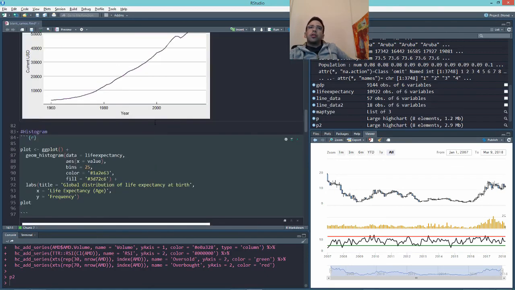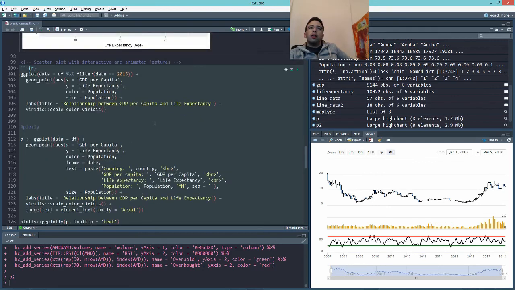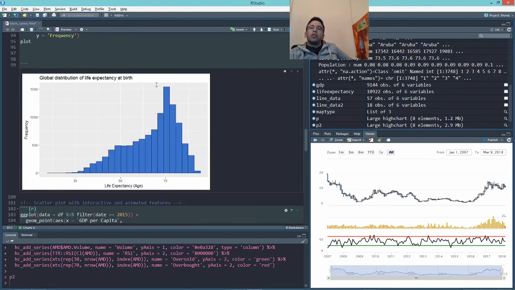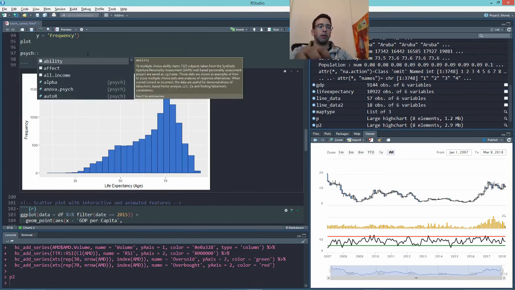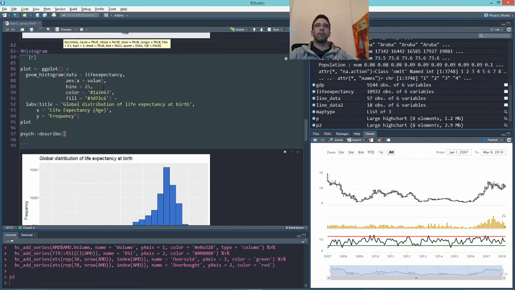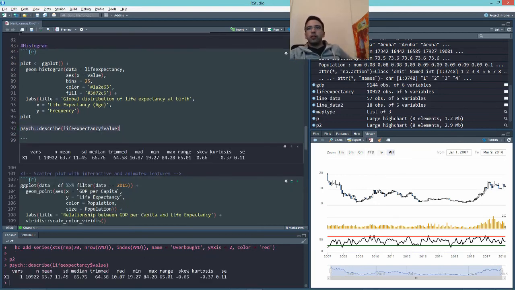I don't think I showed you the describe function in the psych package. I don't think I did. Let me just quickly do that. So looking at this, you can see there's negative skewness, and skewness is just the measurement of asymmetry between your left and right tail. So we can validate whether or not that skewness is negative by using the describe function within psych. I can't remember what this data frame object was, so I'll just say describe life expectancy and value. So you can see the skewness is negative, and the reason I wanted to show you psych was because